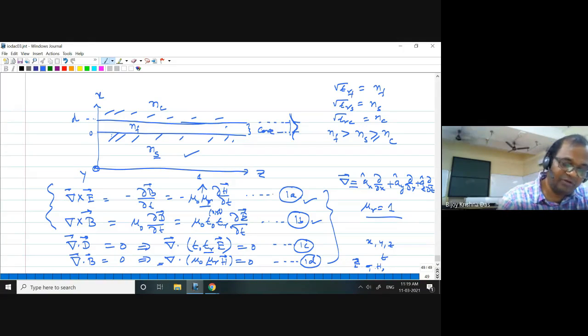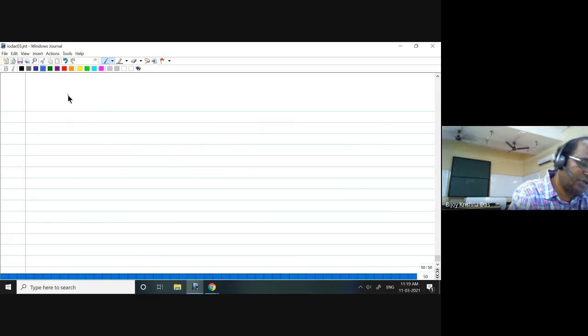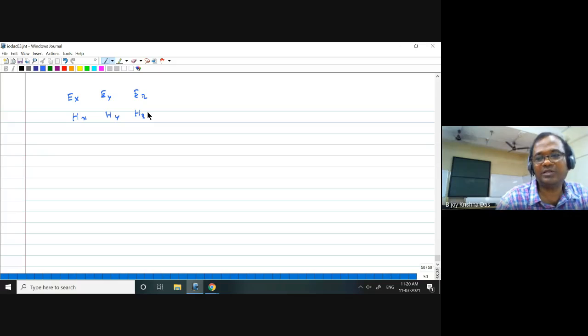And the E field and H field, we can also solve in terms of so-called components. We can decompose into Ex, Ey, and Ez, Hx, Hy, Hz, or Bx, By, Bz, and so on. You can solve all the 6 components. So these are vector equations. You can decompose into 6 different directions, find the scalar components, and directly solve for the value of the electric field and magnetic field at a particular position x, y, z, and t.